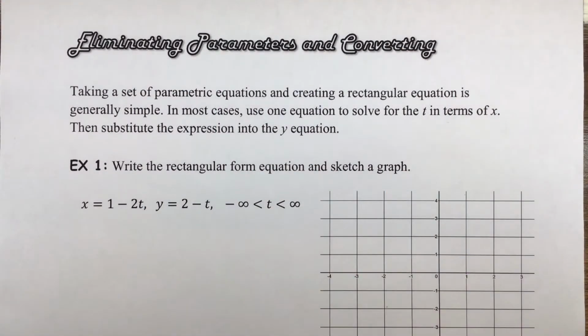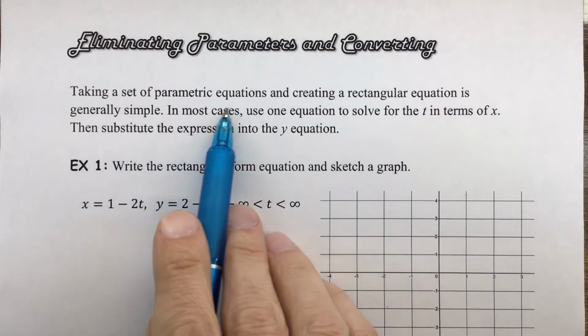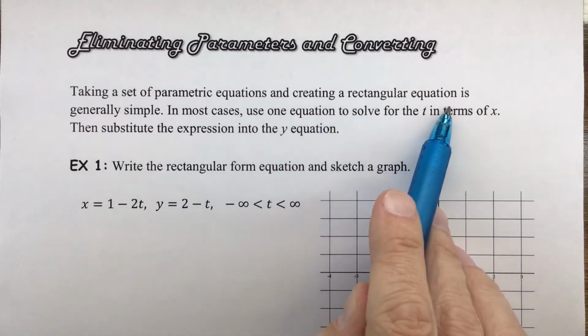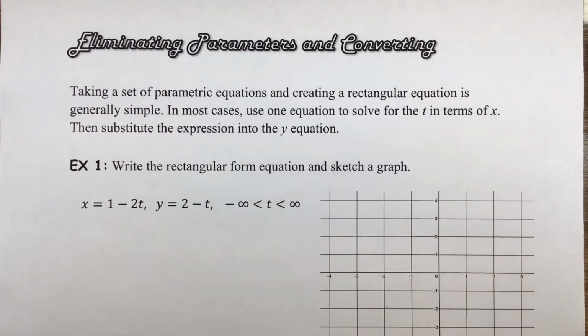Eliminating parameters and converting. What we're going to be doing is taking the parametric equations and blending them together so that we can have an xy equation. Taking a set of parametric equations and creating the rectangular equation, that would be the xy equation, is generally a simple idea. Now, in some problems, yes, it is more complicated, but in most cases,